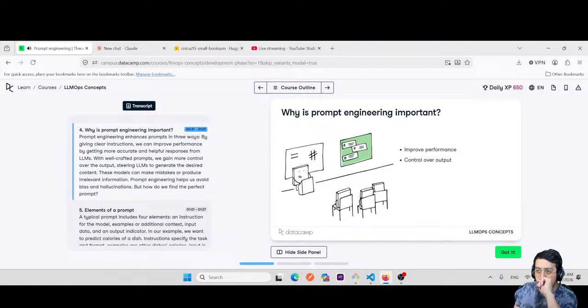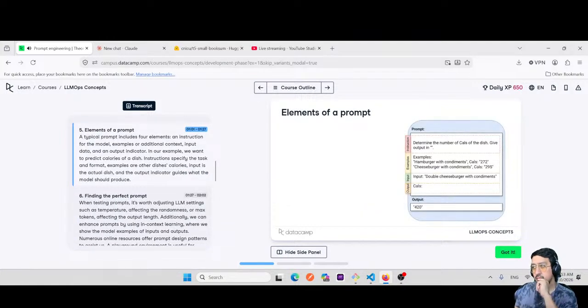These models can make mistakes or produce irrelevant information. Prompt engineering helps us avoid bias and hallucinations. But how do we find the perfect prompt? A typical prompt includes 4 elements: an instruction for the model, examples or additional context, input data, and an output